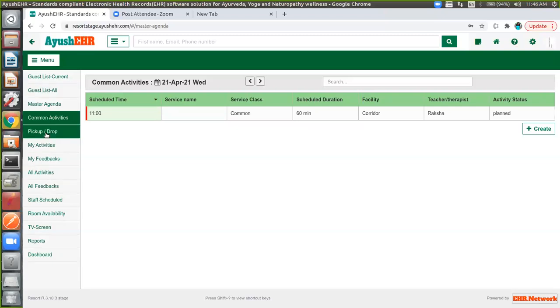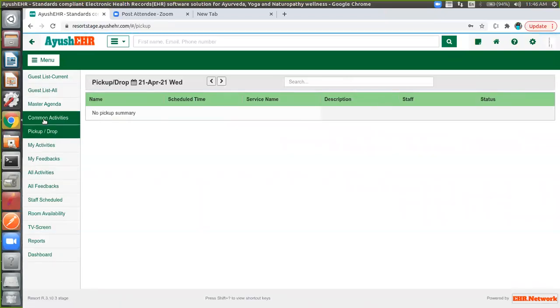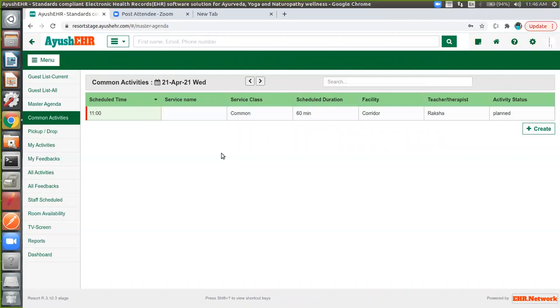And pick up or drop. It can be an alert through a message. Actually, we are currently implementing messages. For now, we are just sending an email. We are already implementing sending an SMS as well. Okay. Once you are on board, we can deliver it in a couple of months. Okay.